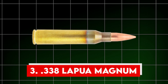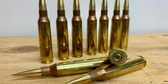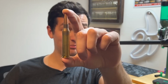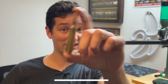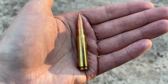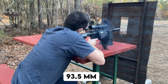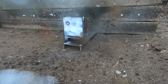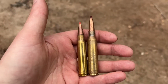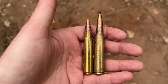3. 338 Lapua Magnum. When it comes to shooting straight for long range, very few rounds have taken a deeper breath than the 338 Lapua Magnum. Designed specifically for sniper units, this high-energy cartridge has been more or less built as an instrument for extreme precision and penetration. With a huge case length of 93.5 mm and projectile weights from 200 to 300 grains, this round produces a speed at the muzzle of around 2,800 feet per second, enough to penetrate body armor, vehicles, and even